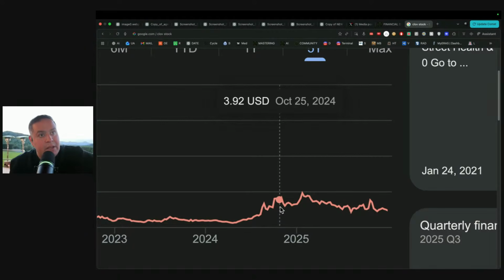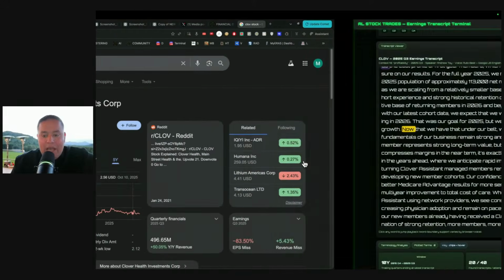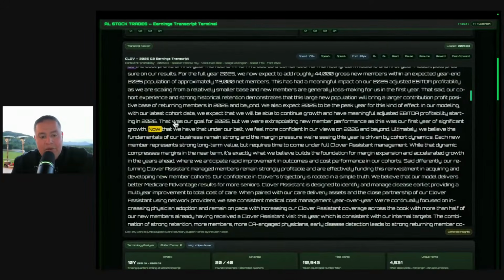So it's like, well, wait a minute. Are they going to be profitable next year? And that was Andrew Toy's plan of what he was saying here. That was our goal in 2025. But unfortunately, they grew more than what they expected, and they didn't cycle those folks to rush them into Clover Assistant, which technically they are non-CA members, which is actually pretty good because then they can show you what these non-CA members are doing, which shows you the power of the Clover Assistant, and subdomain-wise, we're starting to see the likes of Humana show up, right?